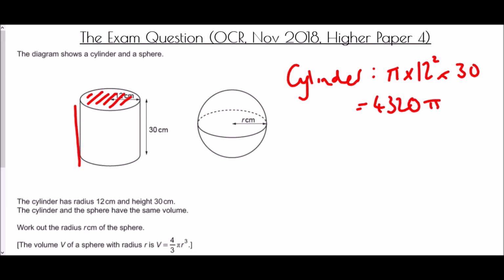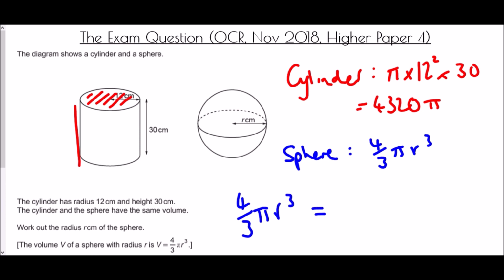pi. And there's a reason why I'm keeping it in terms of pi. The volume of the sphere is also going to have pi in it, so when we equate them, it's actually easier just to leave them in terms of pi. Now the sphere, all we know about the sphere is that that is 4/3 pi r cubed. We don't know anything else about it, though all we know is that they have the same volume, and therefore the 4/3 pi r cubed must equal